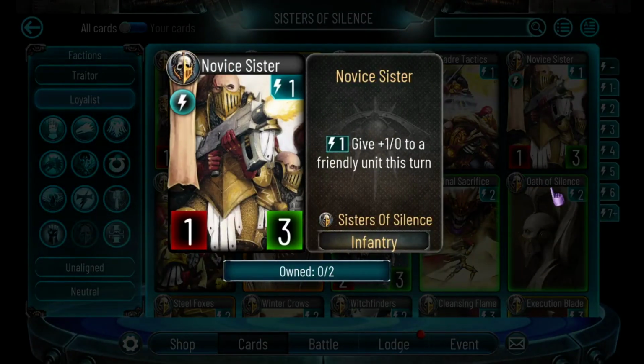Novice Sister. So this is one of those great cards I love. It's very cheap and it has good health. And that low attack doesn't matter, because honestly you probably want to be spending its turn most likely using its special ability. Again, it says give +1 to a friendly unit, which means you can give it to your